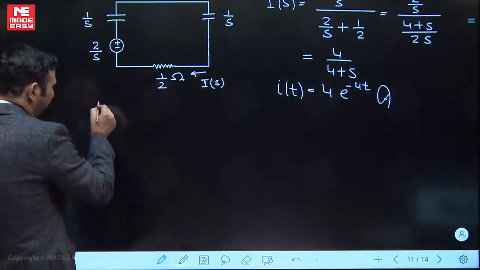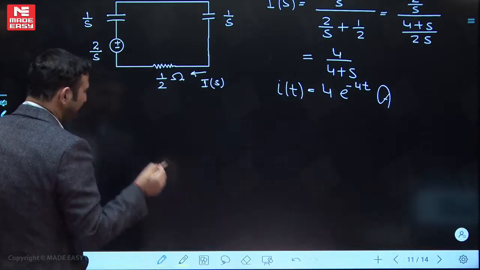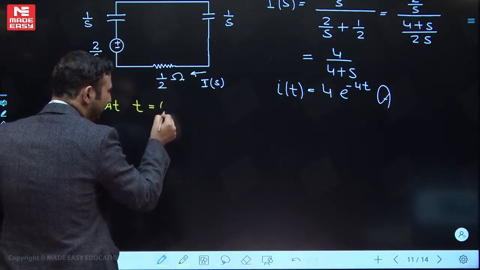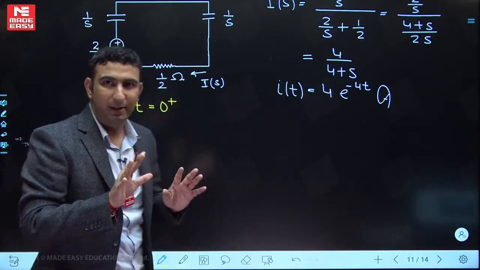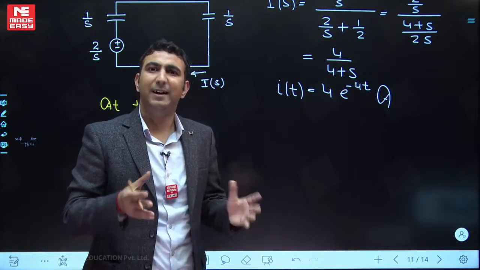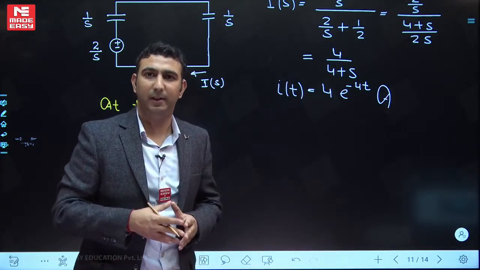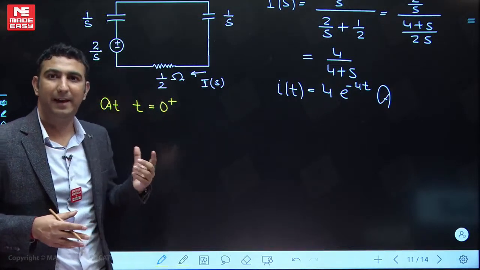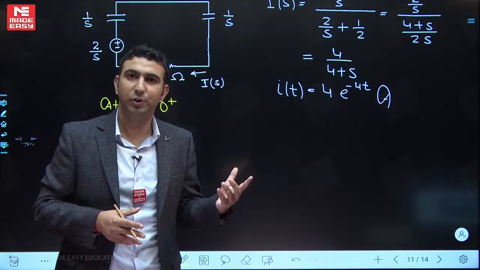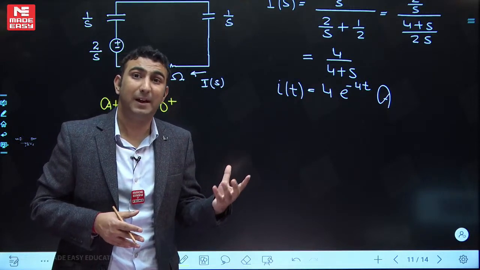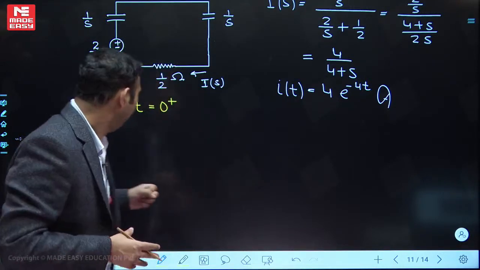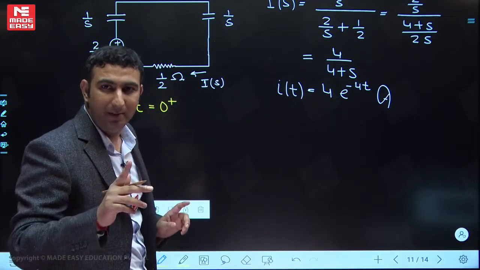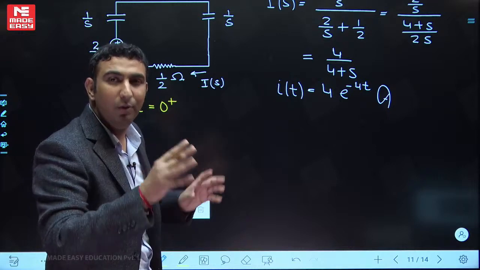Let's, second method, okay, let me change the pen color. Let's do the calculation at t equal to 0 plus. I naught is the current through the capacitor at t equal to 0 plus. So find the current at t equal to 0 plus only. How to do that? You know that when we are doing the calculation at an instant of time, the capacitor is not going to allow its voltage to change. It means I can replace the capacitor by a voltage source. Therefore, let me replace capacitor 1 by 2 volt, capacitor 2 by 0 volt.